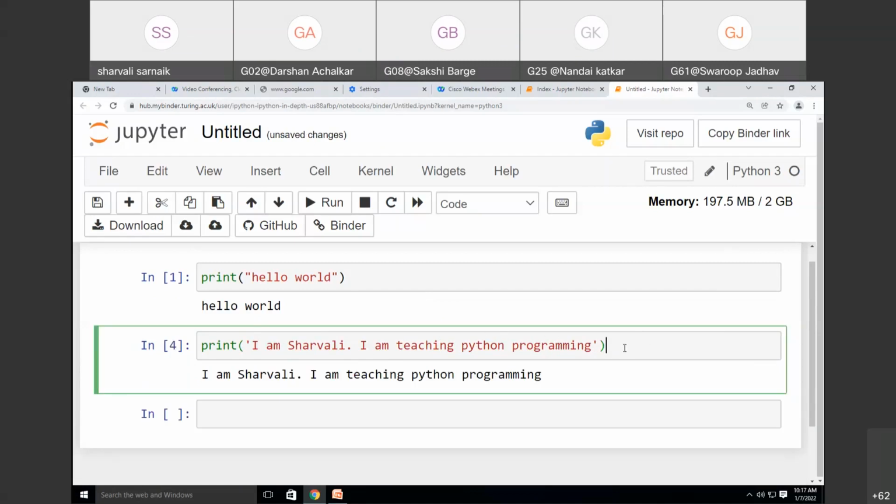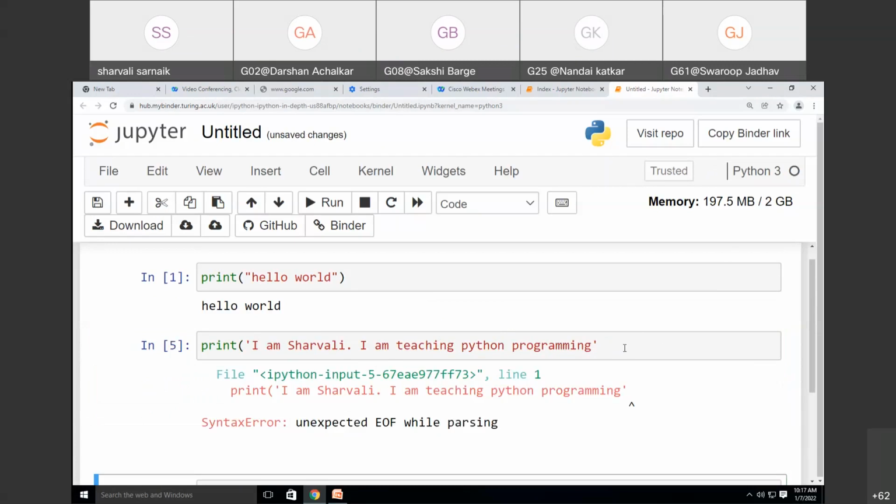Suppose I remove this bracket, the last bracket. When I run this code, again it gives an error: unexpected end of file while parsing. And the arrow is given here, indicating something is missing.